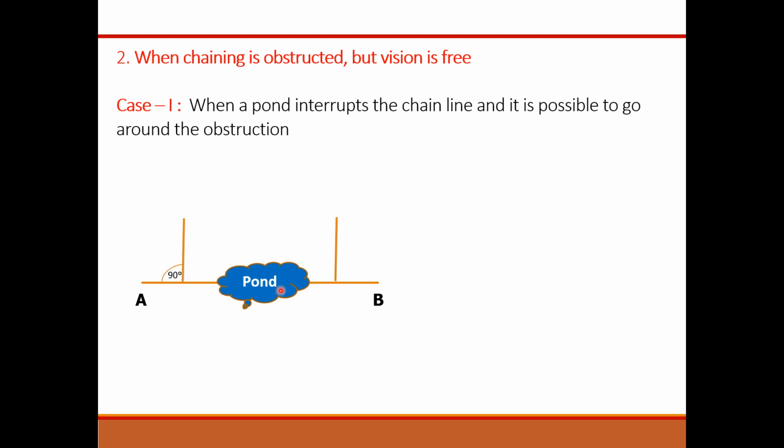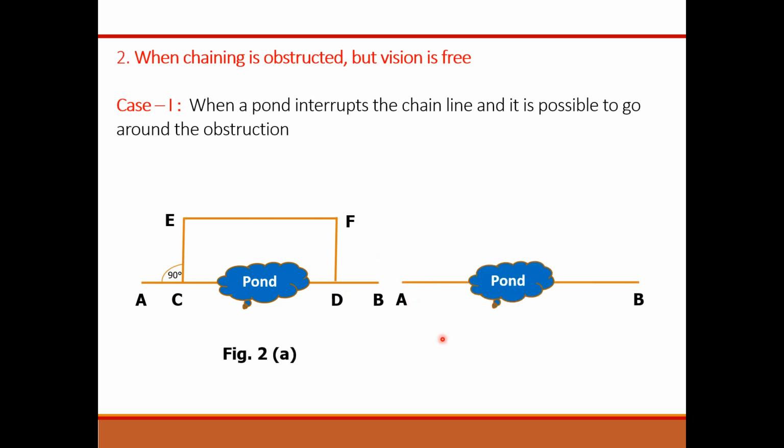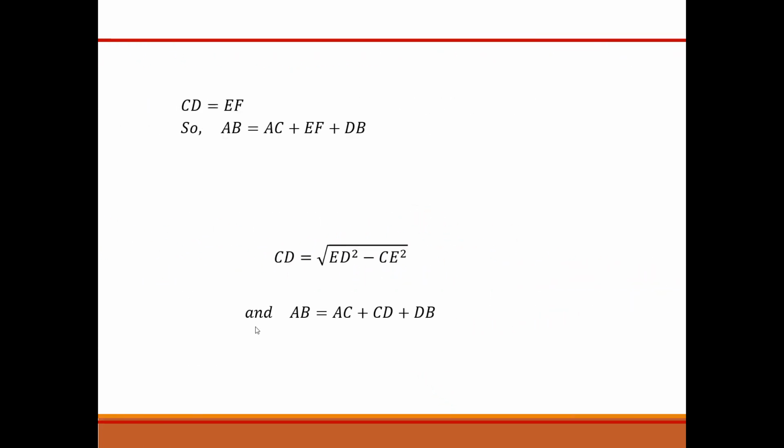We just draw two perpendiculars, one at the left and one at the right of the pond. Okay, now make these two perpendiculars or these two offsets exactly parallel to each other, and we can easily find the distances: AC plus EF plus DB will be equal to AB. Or another technique can be used, a right triangle can be formed and the same distances can be calculated easily. Mathematically all these calculations you can use.